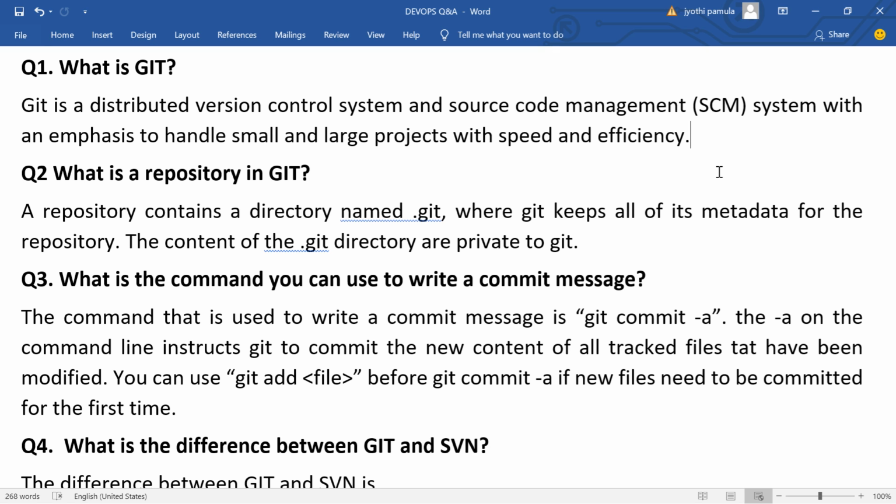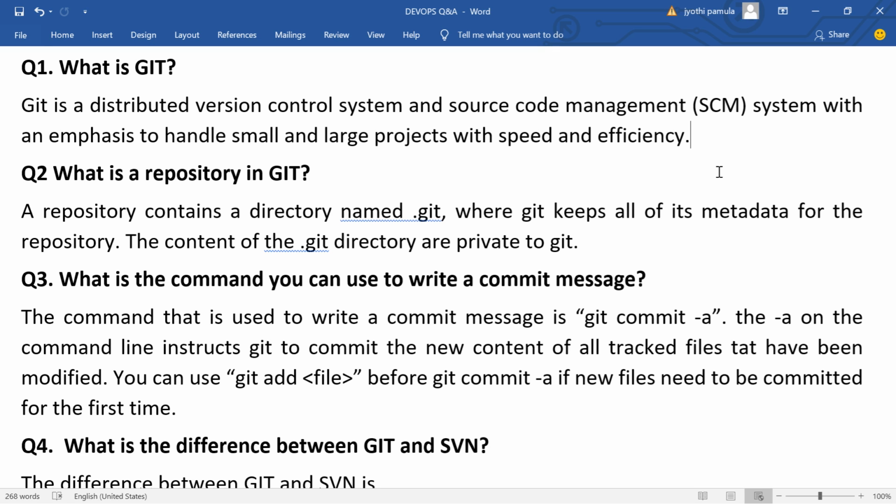And in the worst case, if the disk of the central server gets corrupted and a proper backup has not been taken, then we will lose the entire history of the project. Now come to the distributed version control system, in short DVCS. Clients not only check out the latest snapshot of the directory, but they also fully mirror the repository. If the server goes down, then the repository from any client can be copied back to the server to restore it. Every checkout is a full backup of the repository.